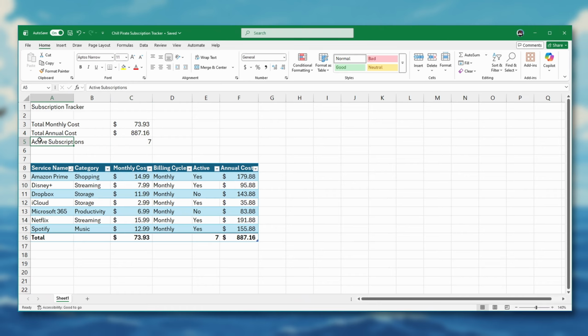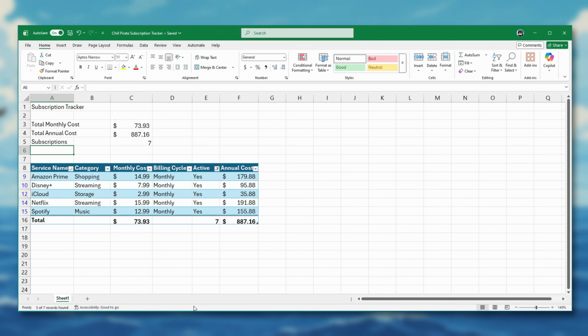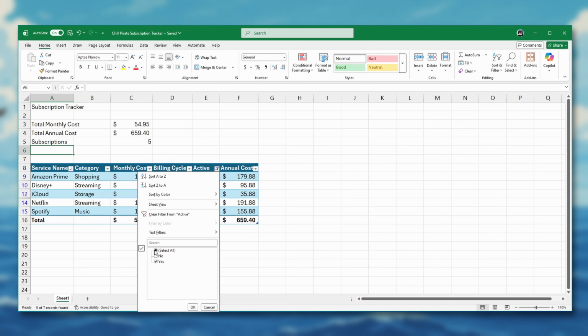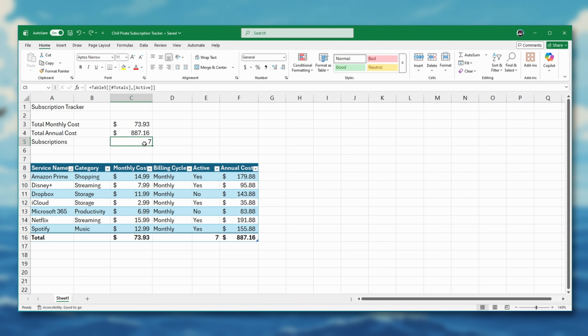And I'm going to actually rename this because this is just subscriptions. Now, if I change this and just show active subscriptions, so our subscription is yes, you see it immediately changed the information to reflect the new totals. Now, if I want to add another subscription, just click in this last row, in the last column, tab, and